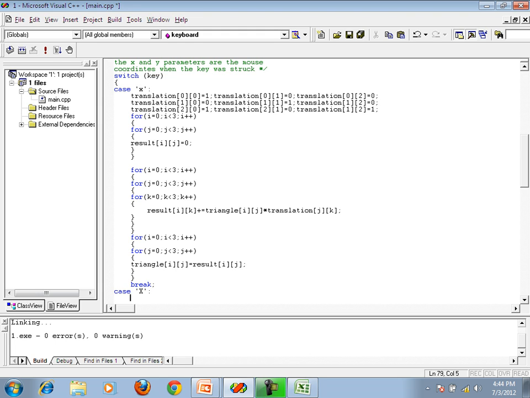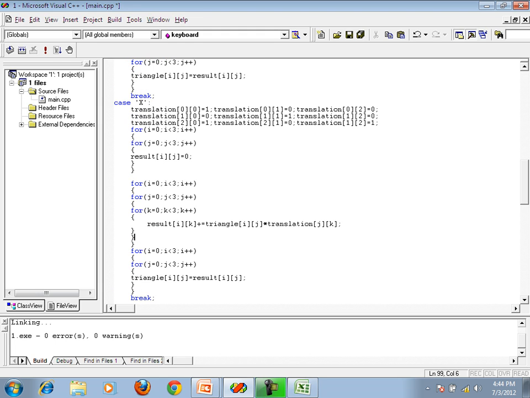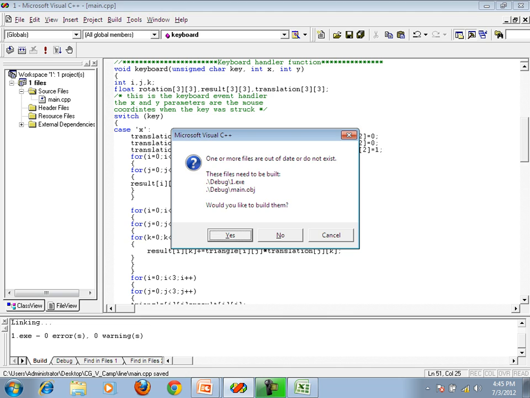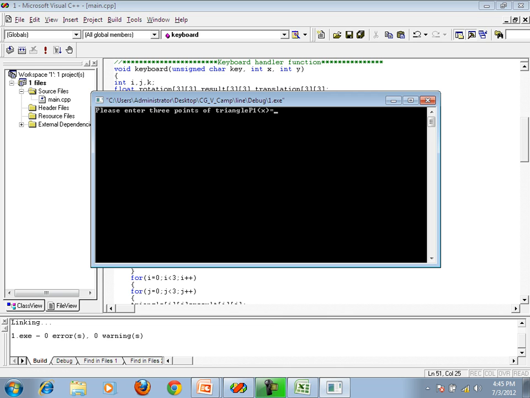Okay, and instead of translating it by one point, I'm putting 10 here, so that ट्रांसलेशन हो तो पता भी चले कि ट्रांसलेशन हुई है. ठीक है, जैसे एग्जीक्यूट. 10 comma 10, 50 comma 50 and 10 comma 50.